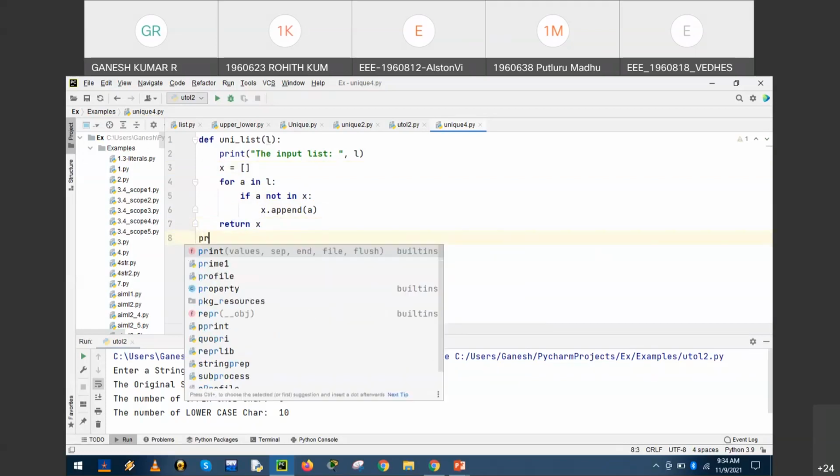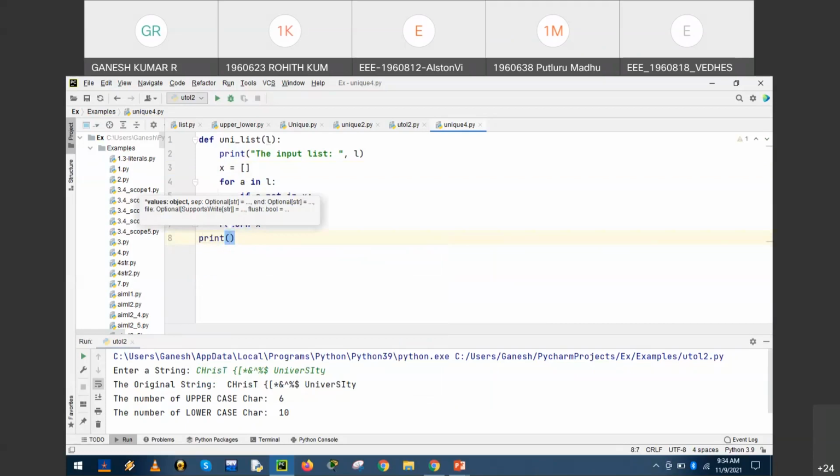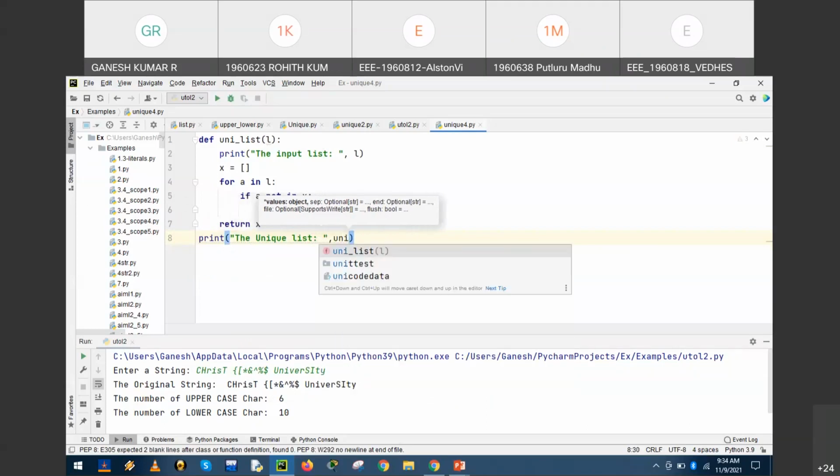Now we have defined the function. So it is important to supply the argument. The unique list, we should call the unique list, right? UNI, what is the name of the function defined?